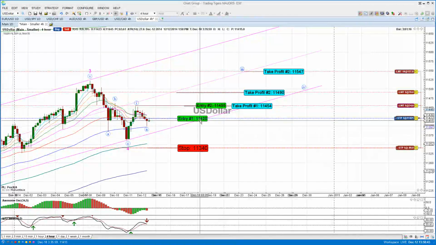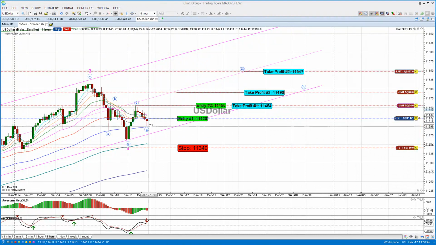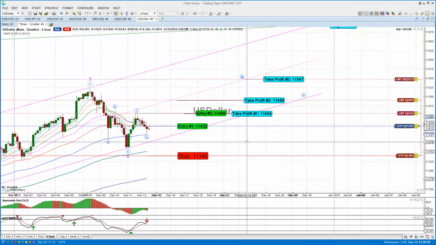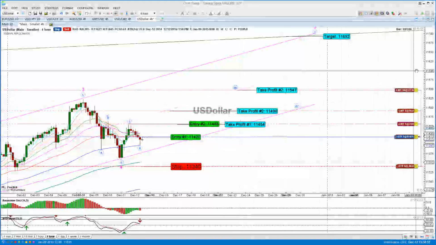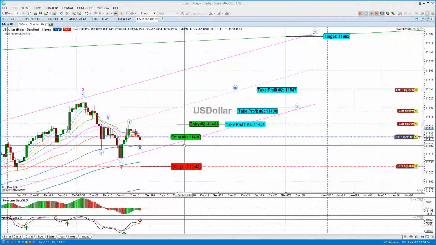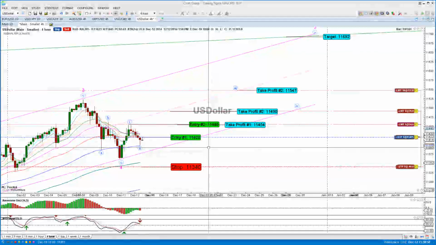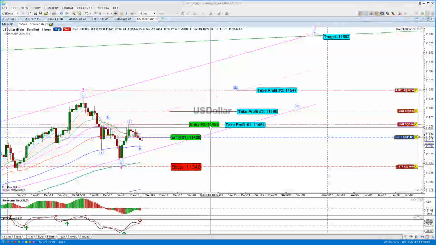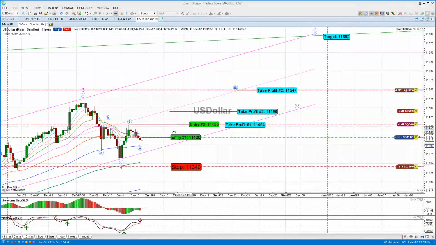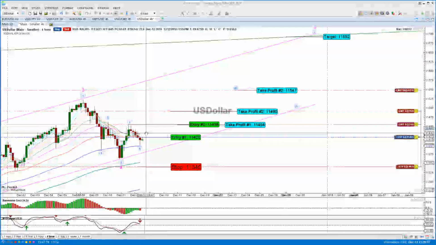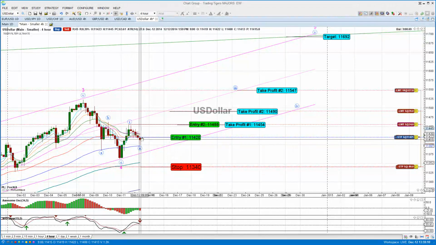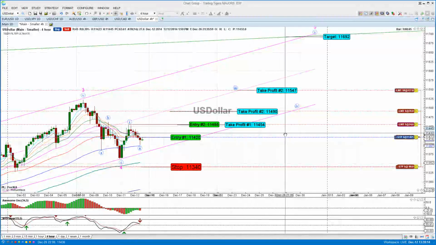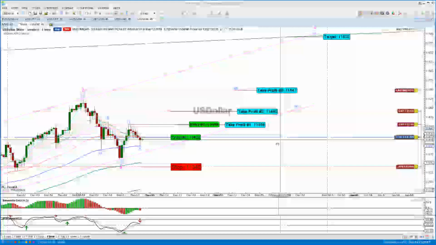2 entries are at the high here of this current candle, expecting a long position. I'm expecting to take various different locations. So I've got 2 entries here at 11,420. I've taken another entry at 11,455, and that's the high of this wave 1, and that would be 100% move. That wave 2 to wave 3 would be 100% move off that wave 1, and the first profit target we